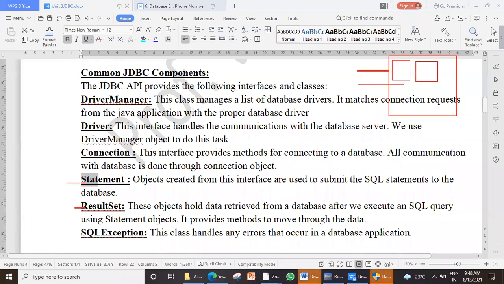That may be possible. Because of that, this SQL exception class is a must for JDBC connectivity practical programs. Without that, it will not allow you to write a program. Clear? So which classes will you be using? Driver manager, driver, then connection, statement, result set, SQL exception. Fine? I think that's sufficient for now.